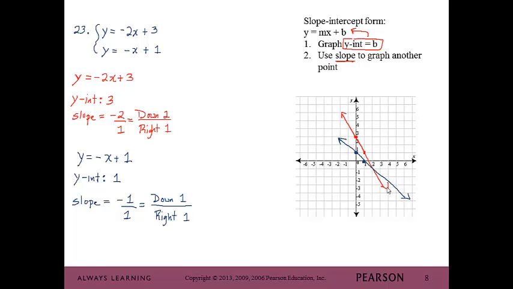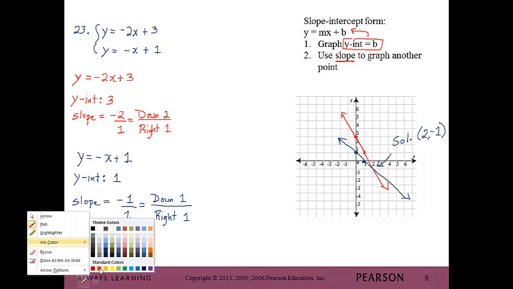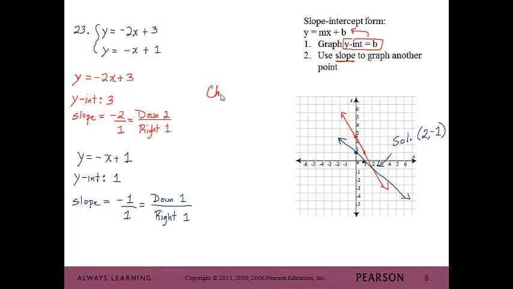Now let's determine where our two lines intersect at, and they intersect here. So this will be our solution, and this looks to be 2 comma negative 1. So this is 2 comma negative 1. Now before we can say this is our solution, let's go ahead and check it to verify. So let's start with the first equation. Y is negative 1, so we're going to say negative 1, and then put a question mark over the equal sign,